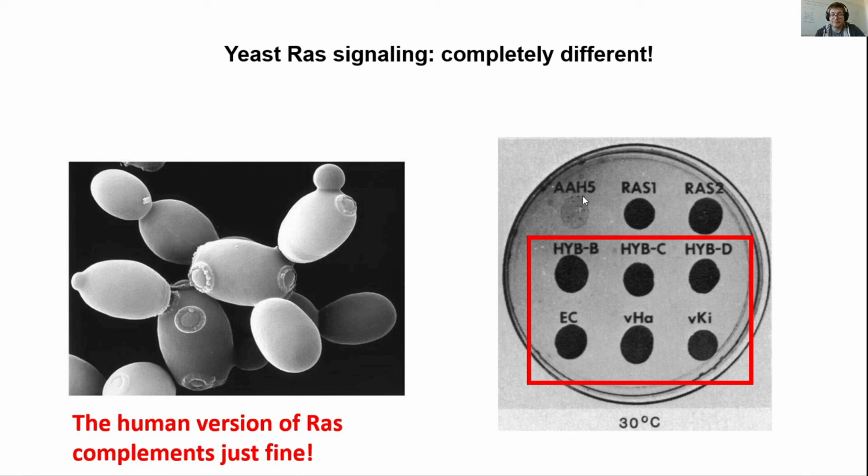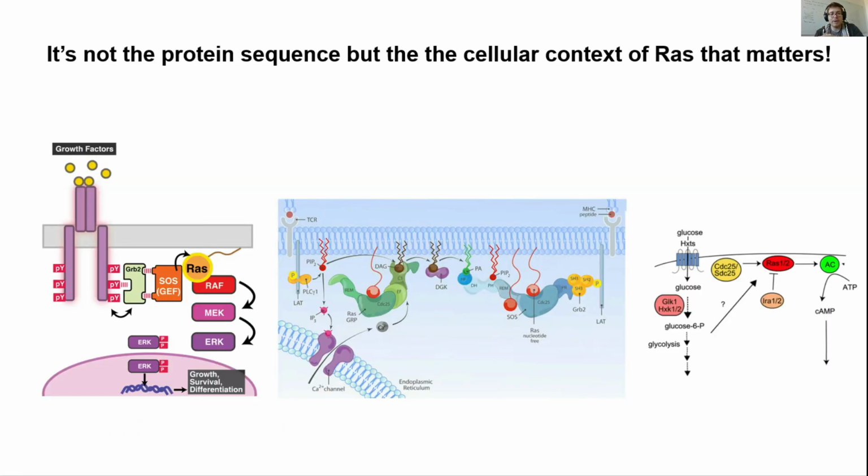So in this assay, when you delete RAS, the cells can't grow under a certain media condition. And when they have their regular RAS proteins in there, they can. And if they put in all these different human versions or different human isoforms of the RAS protein or viral RAS proteins as well, they are able to rescue these cells from death in a manner that's basically indistinguishable from the endogenous yeast proteins. And so I wanted to highlight this so that it's just really clear to you guys that